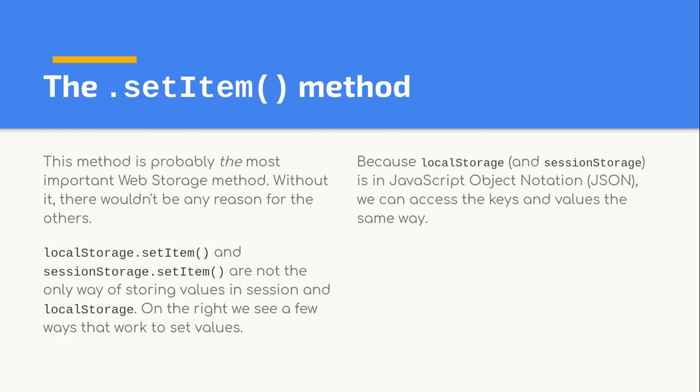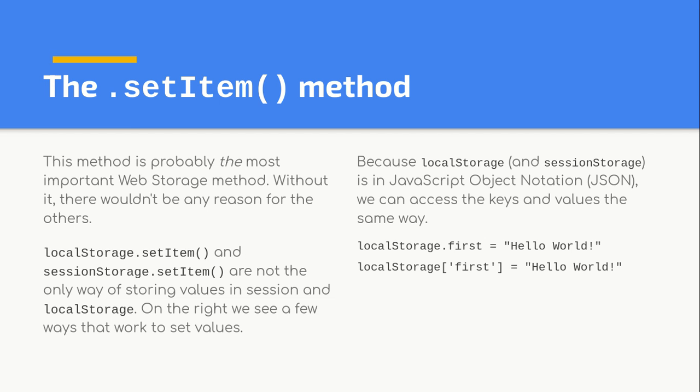Local storage and session storage are in the JavaScript object notation, or JSON, and we can access the keys and values the same way as we would in the JavaScript object notation. So we could do LocalStorage.first, and that's just saying the variable first in local storage will be set to hello world,